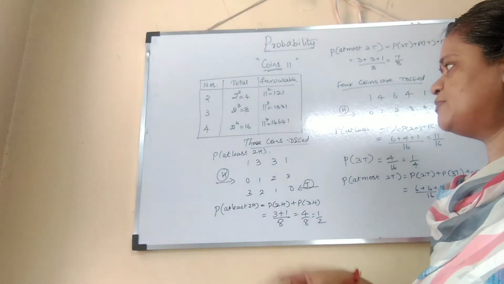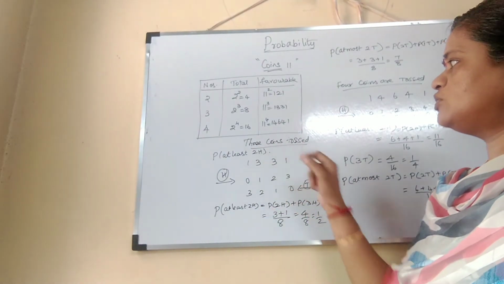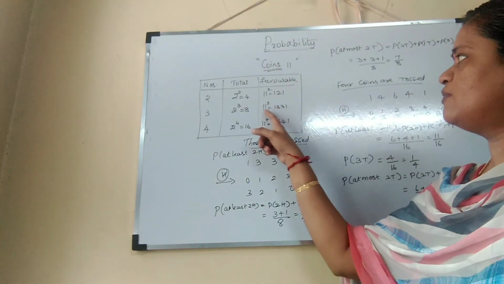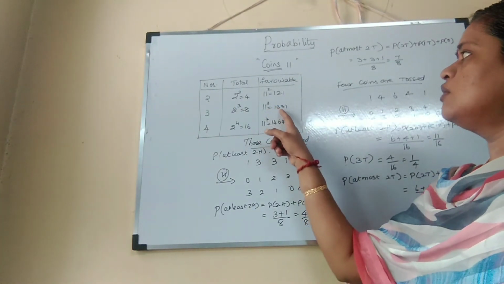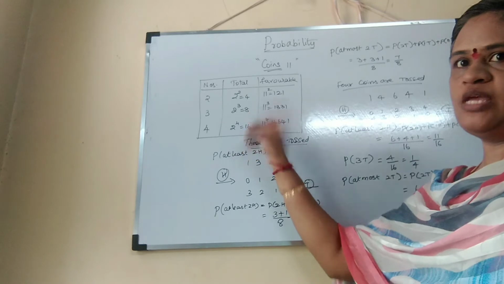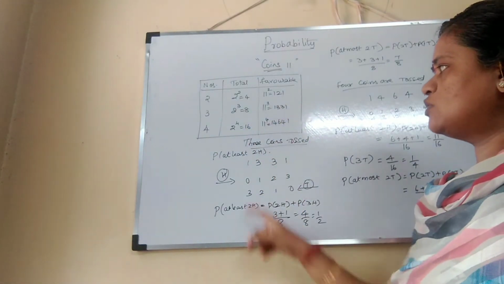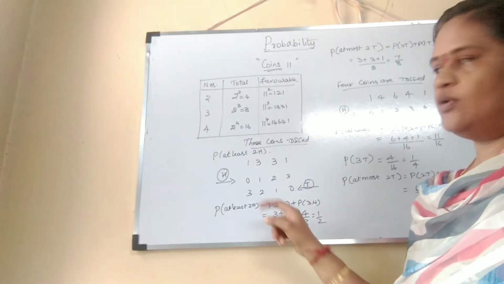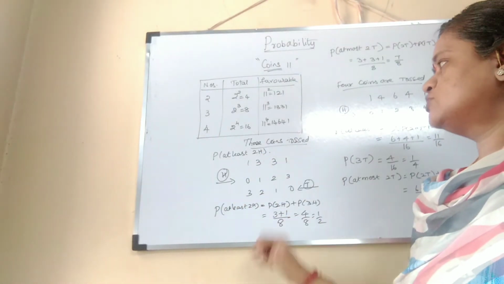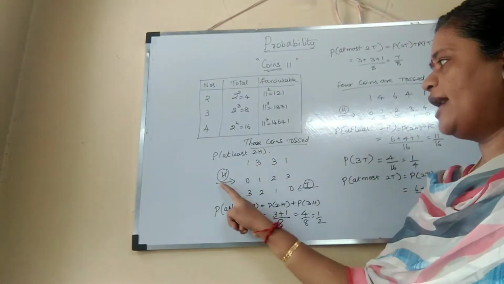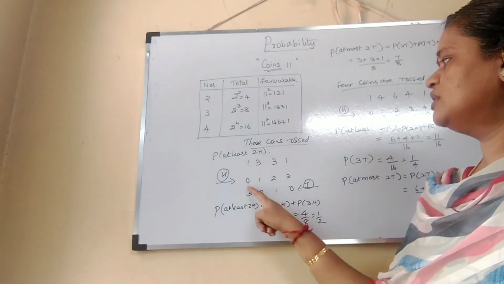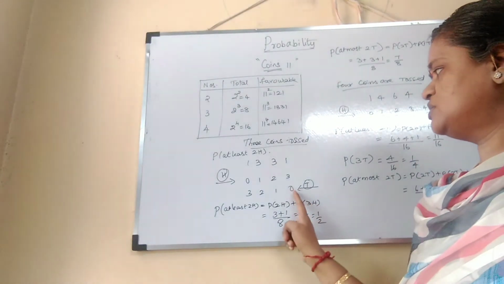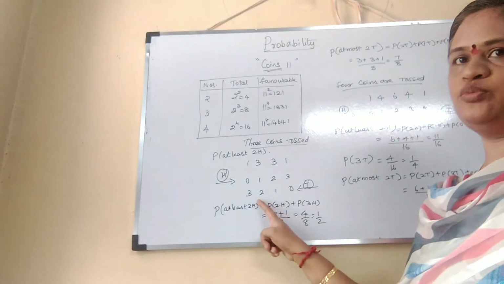Now let me explain this again. When 3 coins are tossed, what will the outcome be? The favorable outcome will be 11 cube, that is 1331. The total sample space will be 8. Now to use this, suppose you have the probability of at least 2 heads. What is the probability of at least 2 heads? So the outcomes are 1, 3, 3, 1. For heads, you start writing from here 0, 1, 2, 3. For tails, you start from the other side 0, 1, 2, 3. Like that you have to proceed.